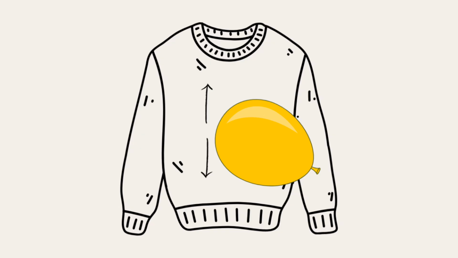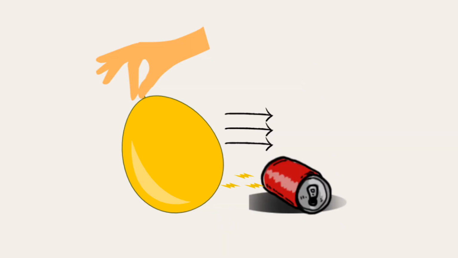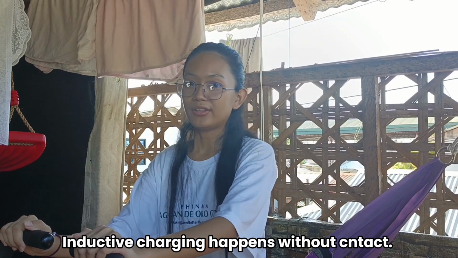For example, after rubbing the balloon using the wool cloth and charging it, touching it to the metal can will result in some transfer of charge into the can. The can will roll slightly due to the approach of your hand or another charged object, as a result of interaction between the charges. Inductive charging happens without contact.